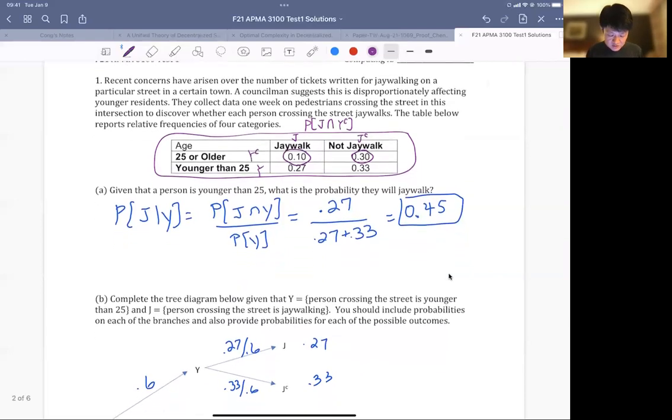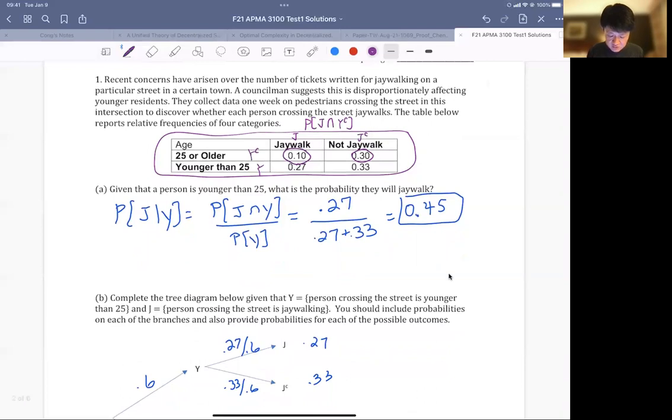So now let's look at question 1. Given that a person is younger than 25, meaning that we know as a condition the event Y happens, what is the probability that they will jaywalk? Essentially, this is asking you to compute the probability of J given Y. As you can see in this answer, you can use the definition of conditional probability: the probability of J intersect Y divided by the probability of Y. J intersect Y is essentially this number, 0.27. That's why I have it here. And then the probability of Y,